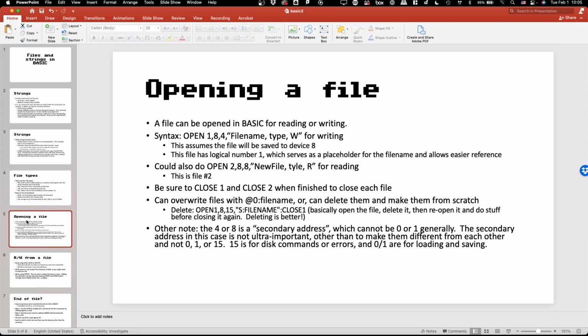Okay. So similar syntax for writing or reading. It's W versus R, and the logical file number is just a placeholder. At the end of the program or wherever in the program you're finished with the file, make sure to close it. If you don't close it, or you run a program and, say, you halt the program before it gets to the close,